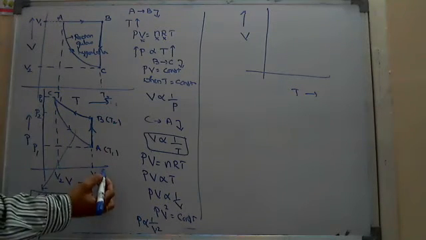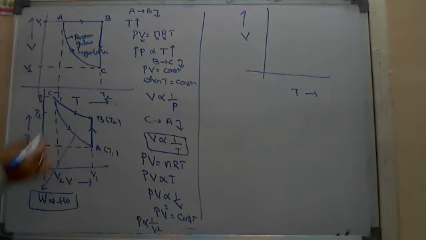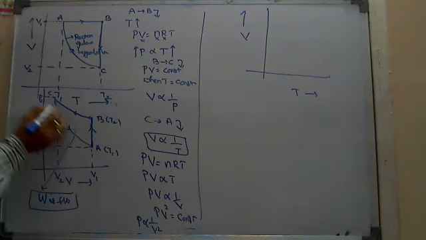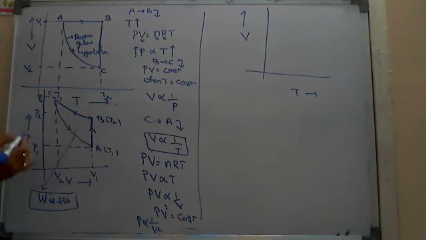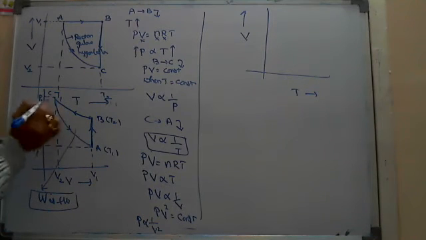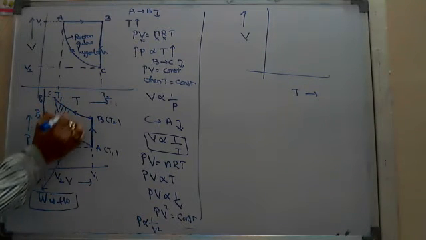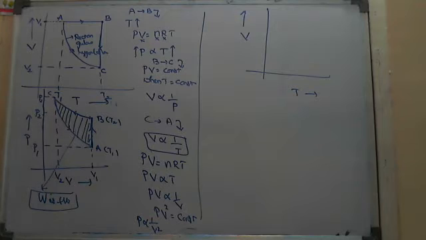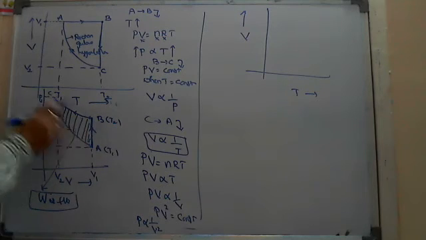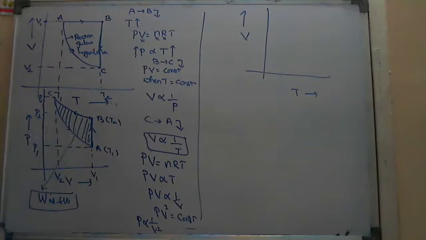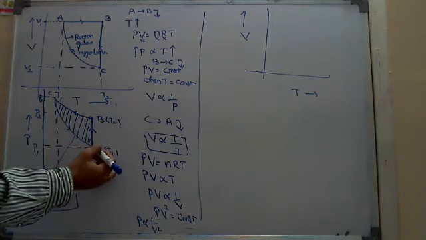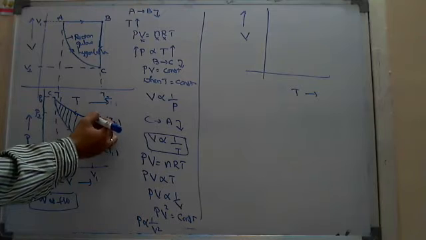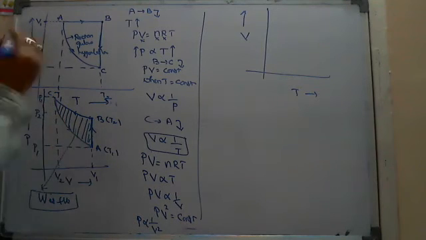Okay. And that work done you can't find directly. Actually, in PV graphs, to find the work done, if the process is closed, like a cyclic process, generally we say the area enclosed by the graph gives the work done. But here the enclosed area is not a perfect shape. That's why we can't directly find the area. Why? Because these are not circular parts, they are hyperbolic parts. So we have to find the work done from A to B, again from B to C, again from C to A.